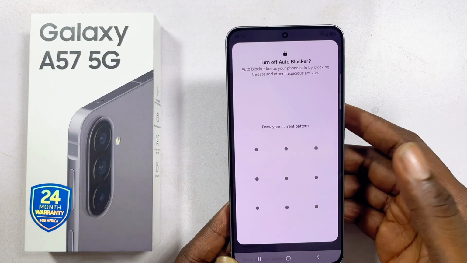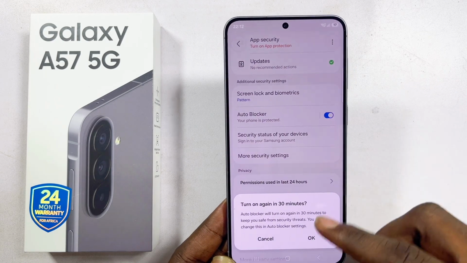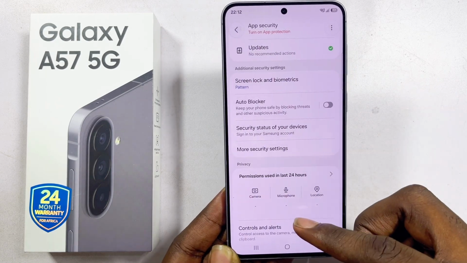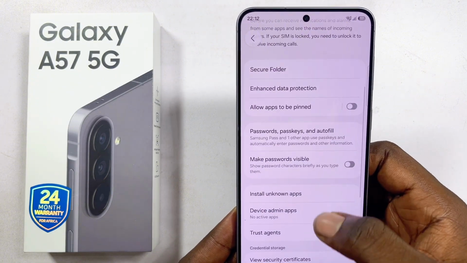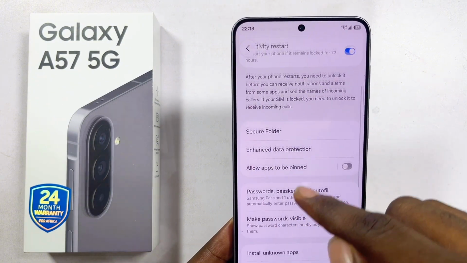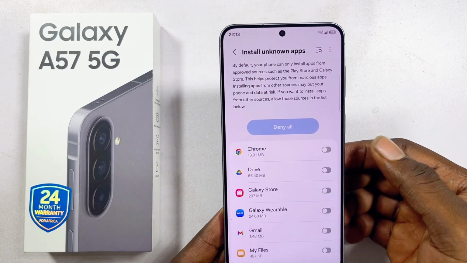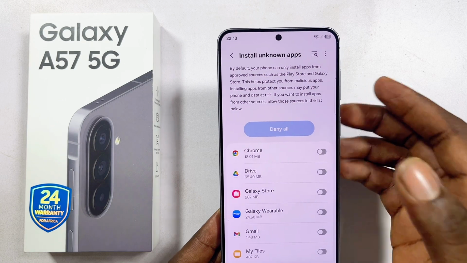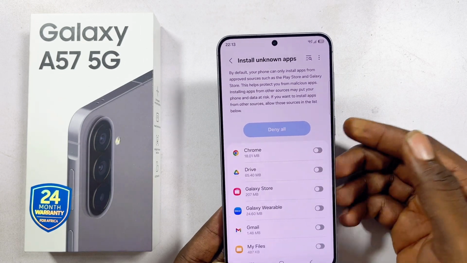You'll be required to enter your password, pin or pattern if you have any turned on. And then the next thing you want to do is to go ahead and tap on the more security settings from over here, and then you're going to see the unknown sources option. Just scroll down a little bit, you're going to find it over here, select it, and from here you can now select the applications which you want to use to install apps from unknown sources on your Samsung Galaxy A57